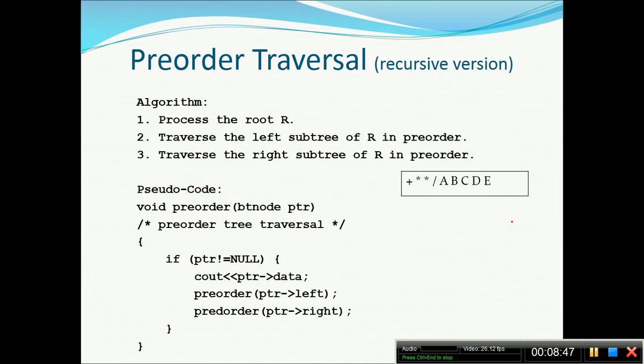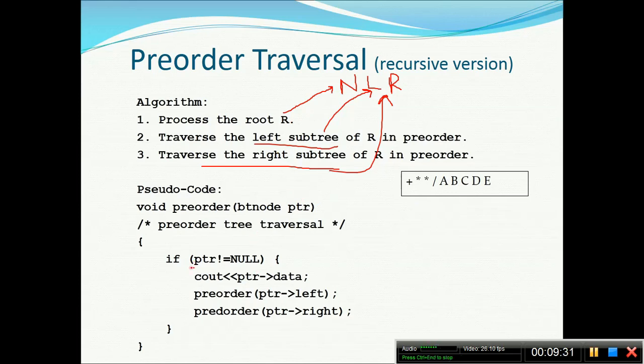Okay. Now, how the pre-order traversal works, as I just said, it works like node, left, right. Simple algorithm it is. It says process the root R. So this is the step. Process the root R. Then traverse the left subtree of R in pre-order, and then traverse the right subtree of R in pre-order. Let's check it out here. Node, that is process the root, and traverse the left subtree of R in pre-order, and traverse the right subtree of R in pre-order. This is the pseudocode.